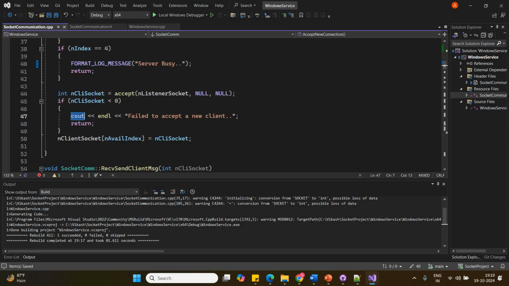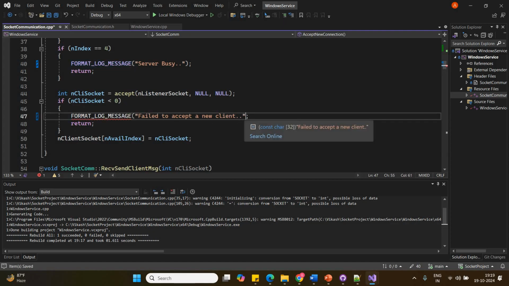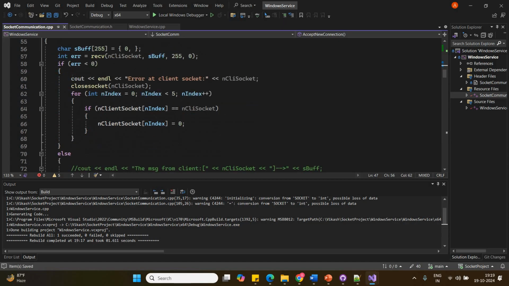Then again, the format log message, I need to copy it from here and I need to put it in here, and then I need to just close it. Just keep putting it everywhere. No issues. So copy and